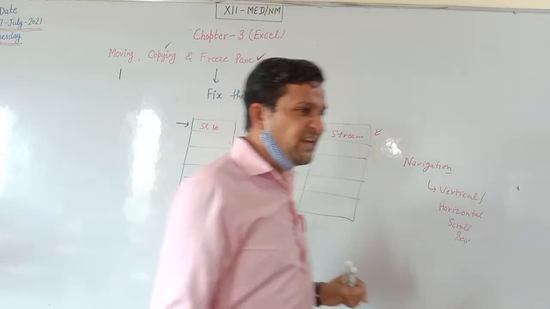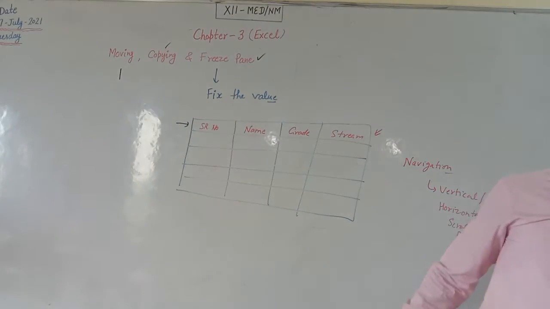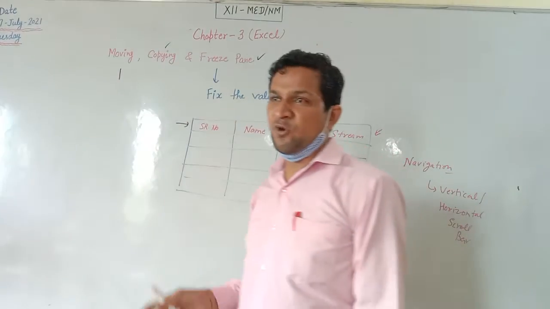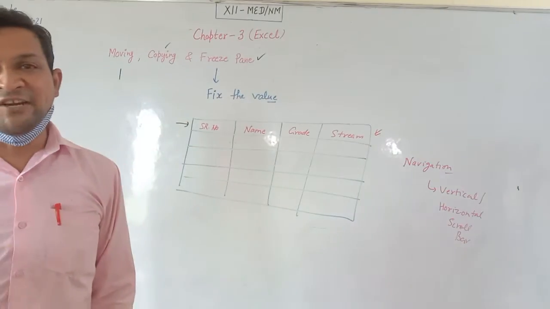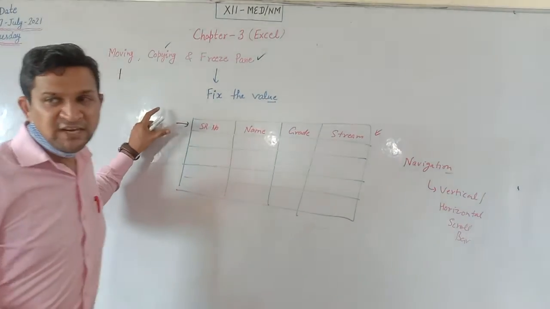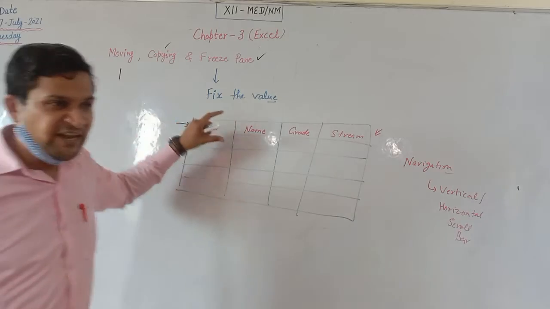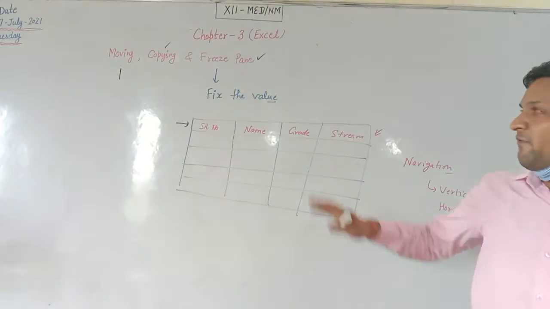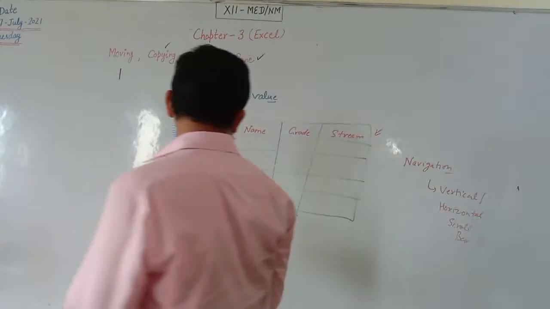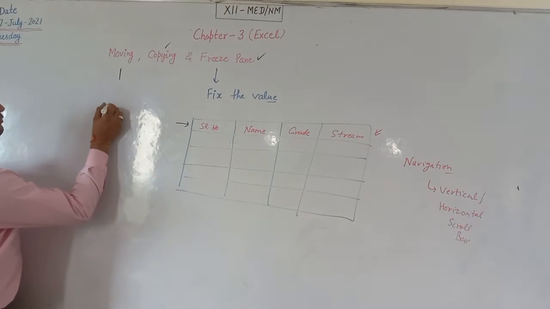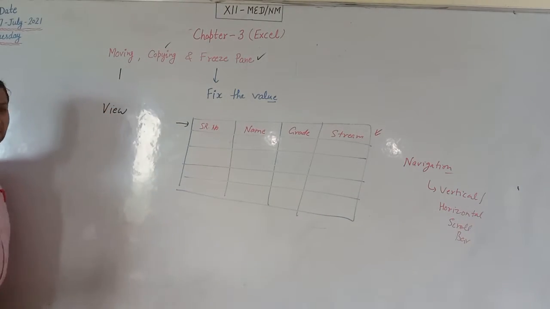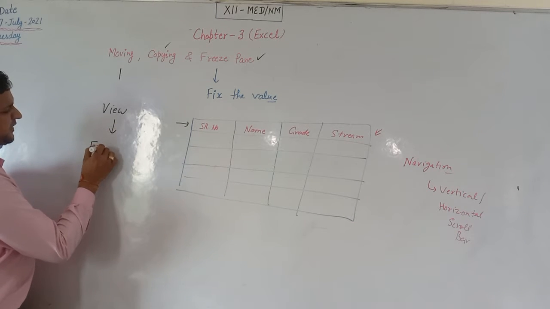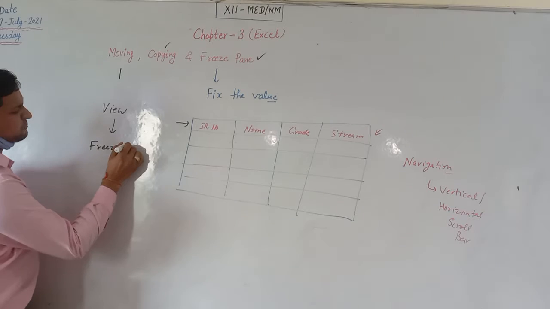The main purpose is that in the first row we have the structure of data and we cannot forget that structure. We need the structure every time for insertion of new data. For that we need the first line, and the first line can be fixed by the freeze pane option. Now where is it available? Freeze pane is available in the view option. Click on the view tab. In the view tab you will find the freeze pane option.